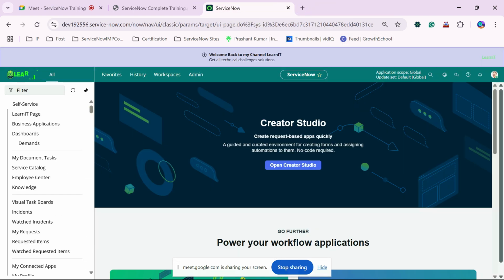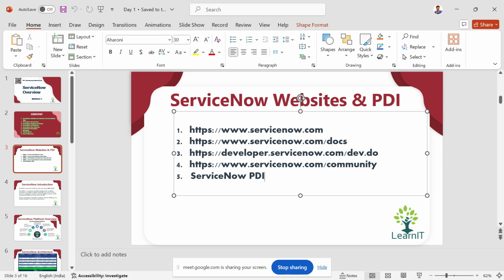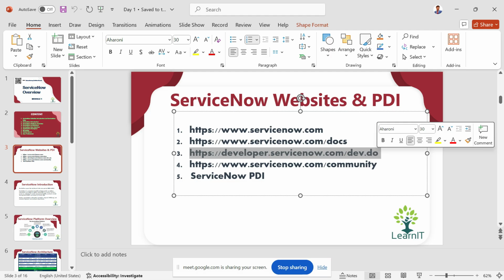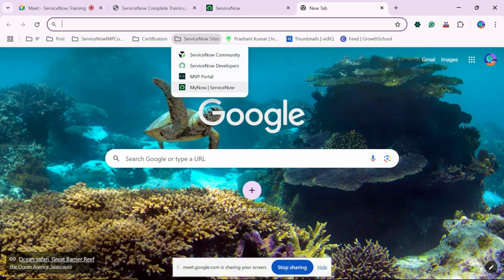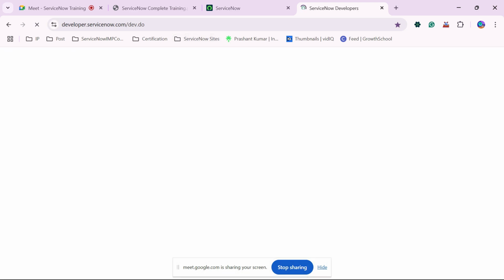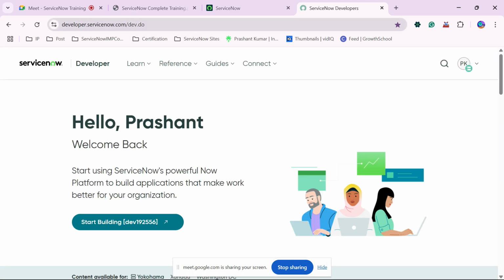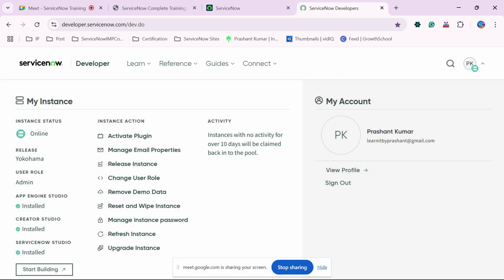All right. Okay. Now we have our next site, developer.servicenow.com/dev.do. So if you see, I am logged in with this site already because I already had an account. You also, everyone might be already logged into this developer.servicenow.com,